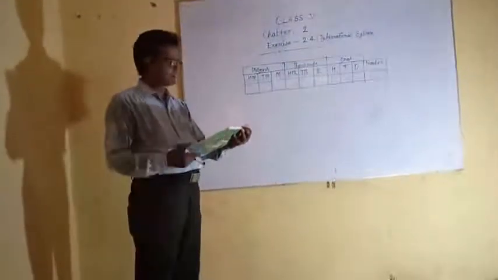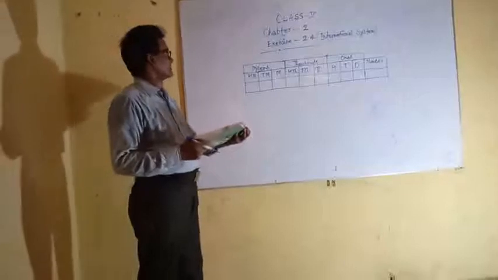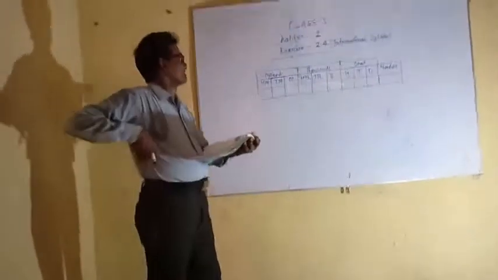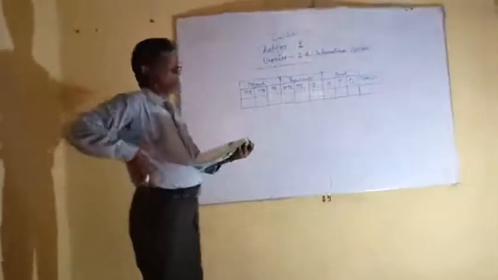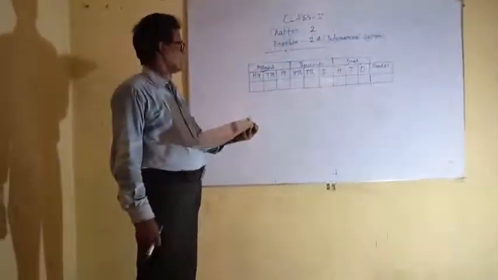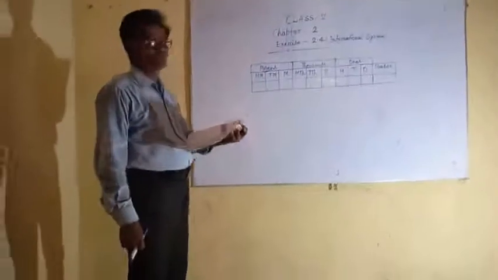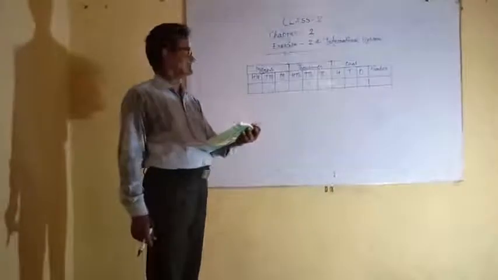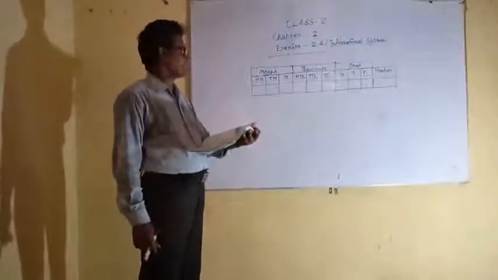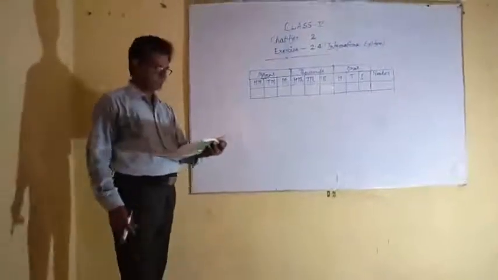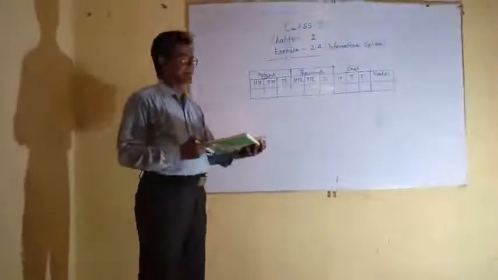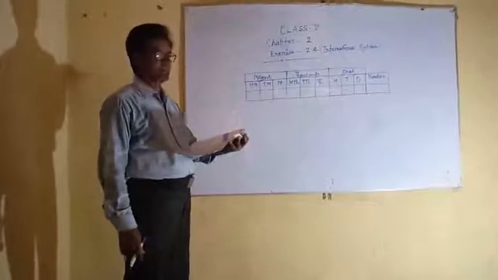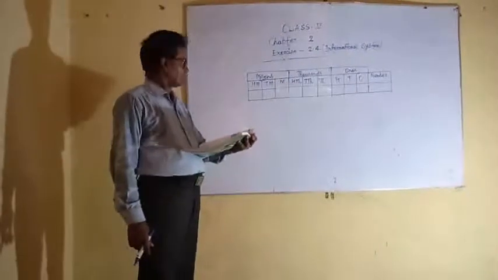Good morning, children. Today we are going to study math. Your chapter is 2, in which exercise is 2.4, that is related with the international system, अंतर्राष्ट्रीय पद्धति। यानी अंतर्राष्ट्रीय पद्धति में हम संख्याओं को कैसे प्रकट करेंगे, कैसे एक्सप्रेस करेंगे, ये इस चैप्टर में एक्सरसाइज में जानना है।